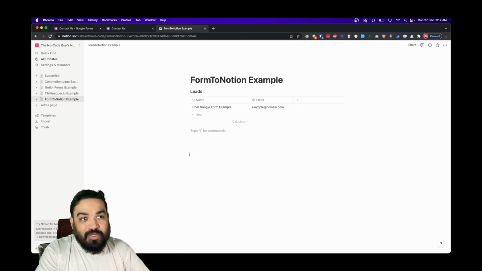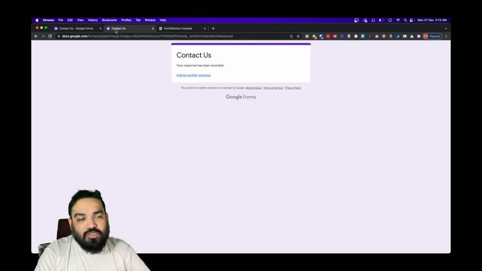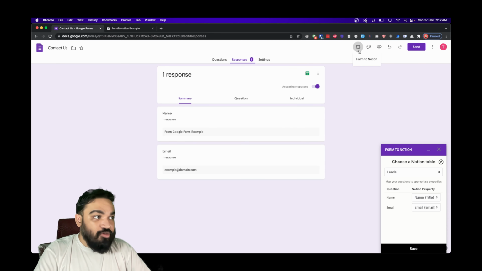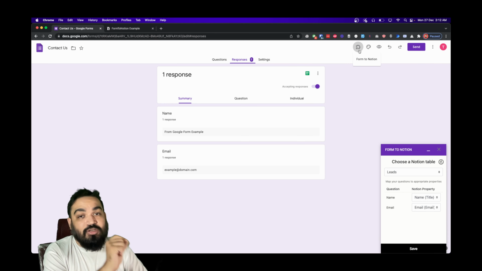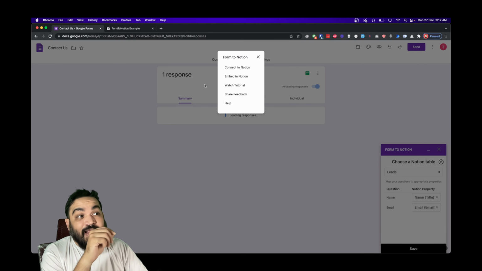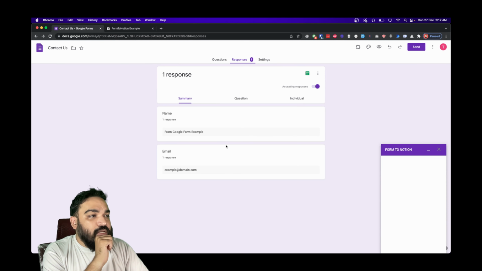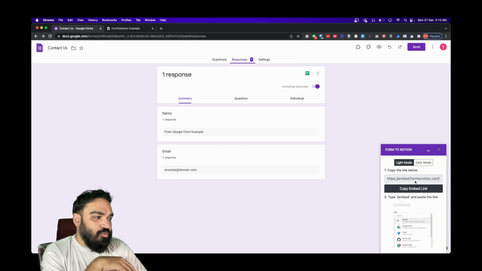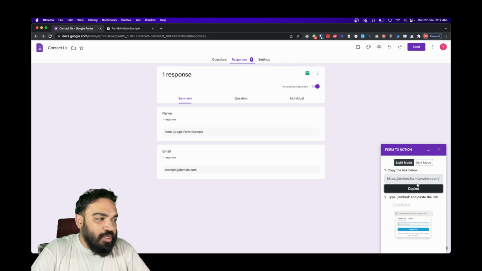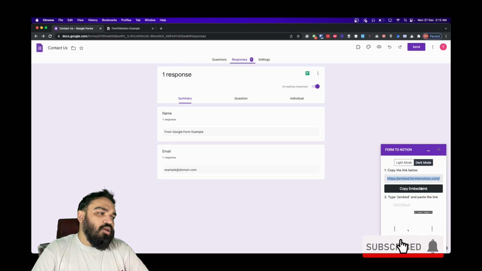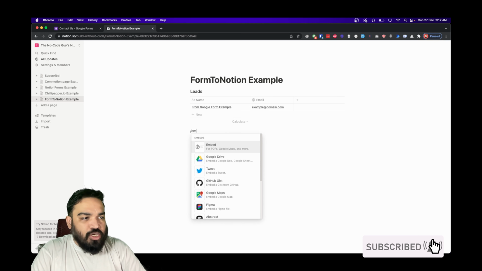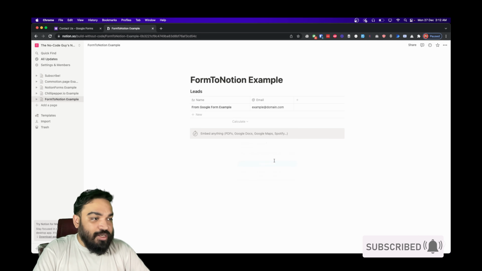Now let's see how to embed this Google form into Notion and then submit again. So to embed this, you'll have to go back to the add-on section and click on form to Notion again and click on embed in Notion this time. Now when you click on embed in Notion again, this should pop up. It is going to show you what is the link to embed. Just copy it. You can also enable dark mode or light mode here. I'm just going to do dark mode to show you how it looks. I've copied it, go back to Notion, click /embed and then paste the link and click on embed link.